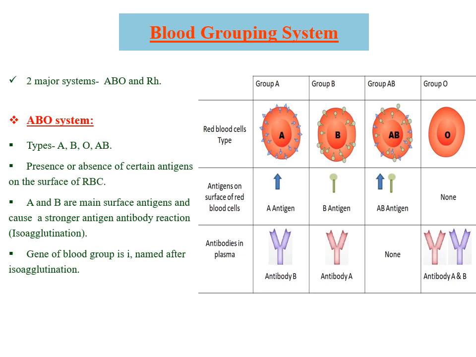ABO blood grouping system. A person who has blood group A, his RBCs contain antigen A on their surface. Similarly, the person with blood group B has antigen B on the surface of his RBCs. Blood group AB has both A and B antigens on the RBC surface, and blood group O has no antigen on the surface of RBC.